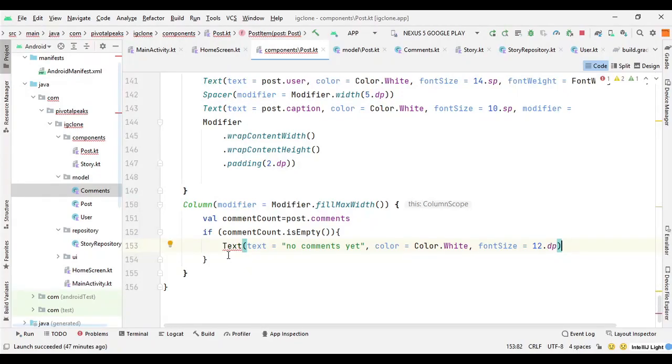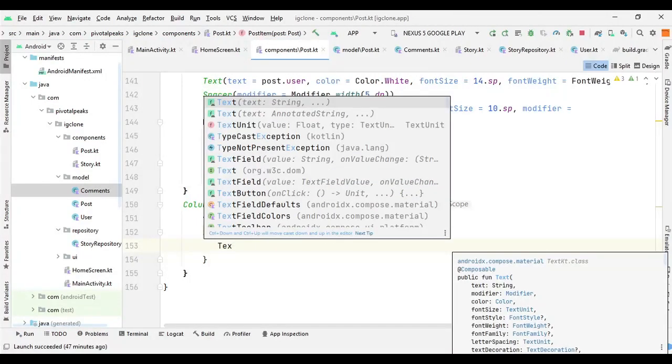We have some problem with the text, maybe let's get rid of it and create it another time.